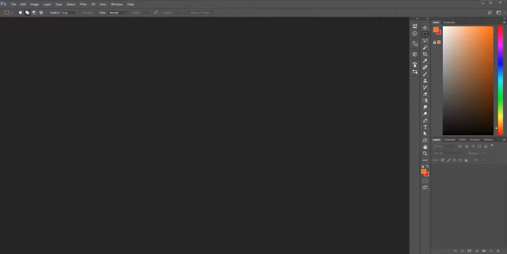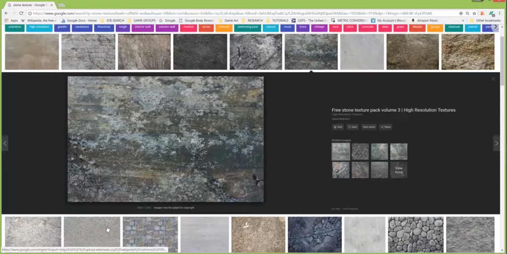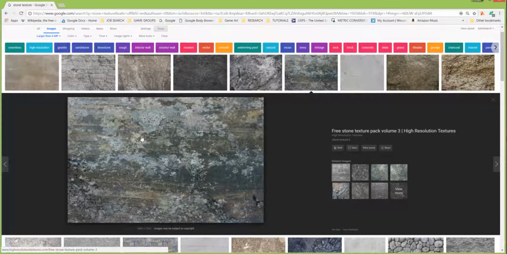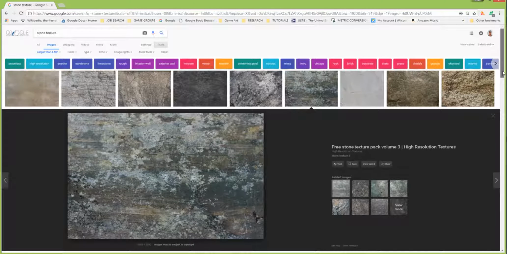So today I thought I would show you something that I actually do myself quite often, and that's making my own tiled textures from images that I get off of the internet. You can keep them as photorealistic, or we can also use filters in Photoshop to give them more of a hand-painted look. And once we've done that, we can bring them into Substance Designer and start using them